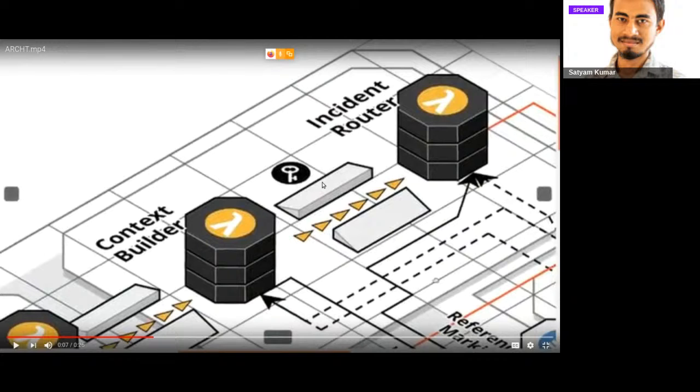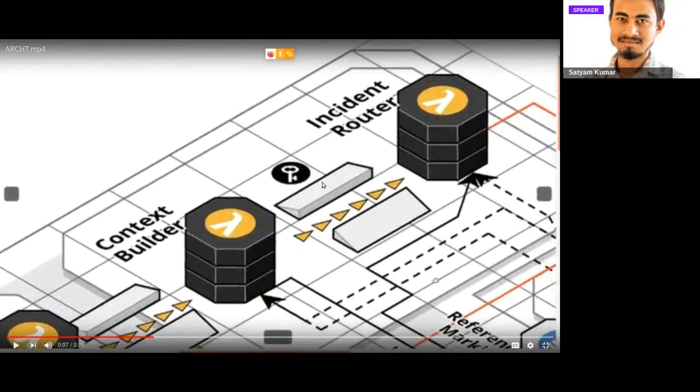The task of the incident router is to find out which modules are enabled for this particular alert, or which modules this alert needs to go to. The incident router sends the events which we have received and stored in a local unified copy, and routes the alerts to separate pipelines.